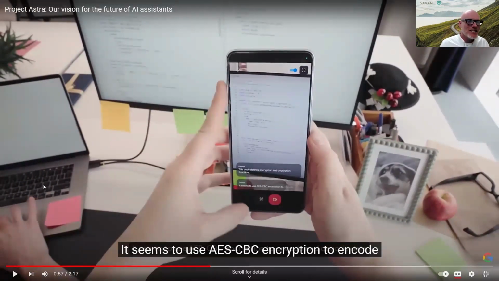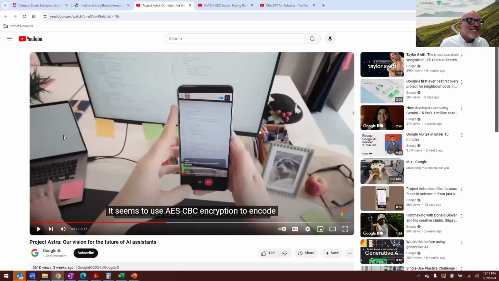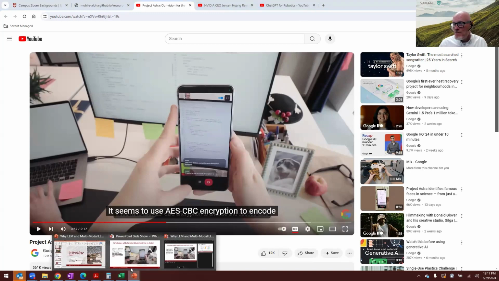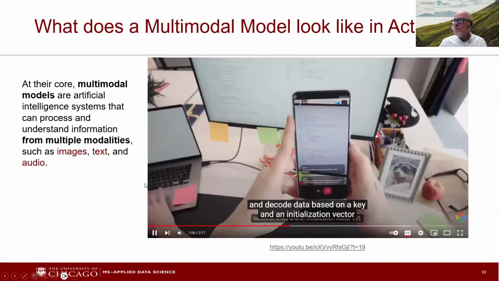Okay, so you guys get the gist, right? That is a multimodal large language model. And we're seeing them everywhere. Here, let's go back to here. And, at the end of the day, they can accept multiple modalities, such as images, text, and audio. This is going to have a massive impact on the field of robotics, on the field of everything, but the field of robotics specifically, which is why I wanted to point out multimodal models with robotics.